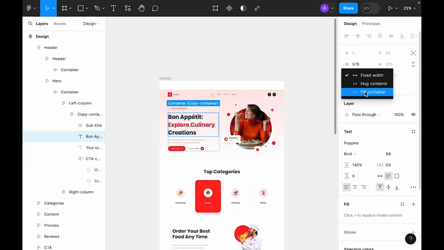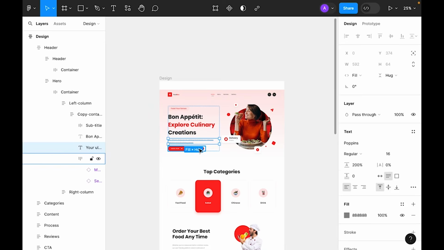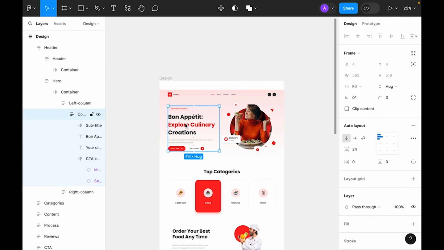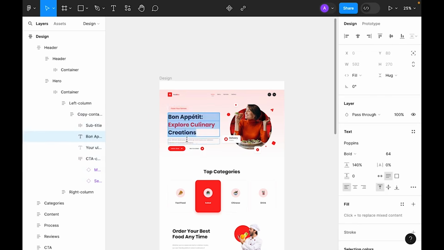For the text, instead of fixed, we will make it fill container. For the paragraph, let's make it fill container. Leave the CTA to hug. Okay, so now after changing the properties of all these from fixed to fill,